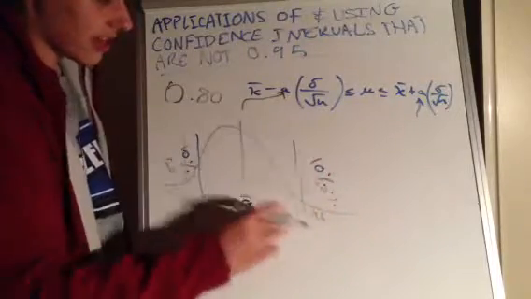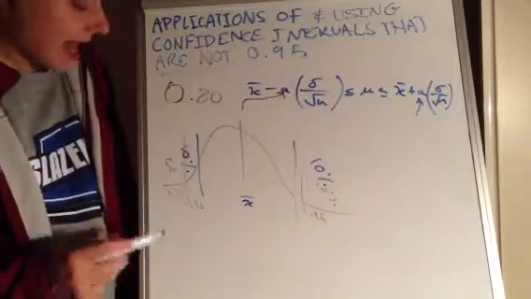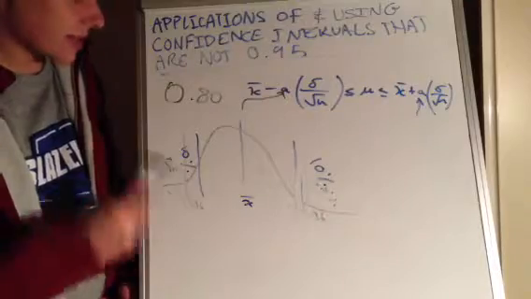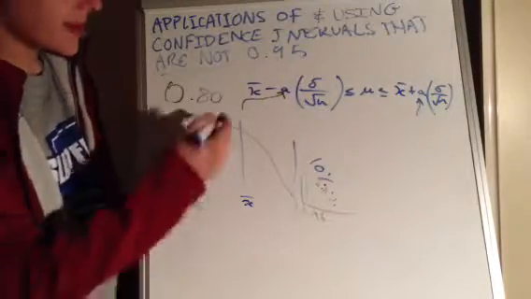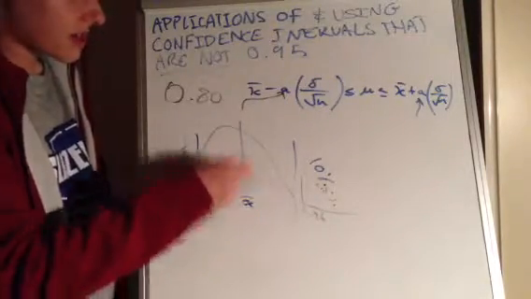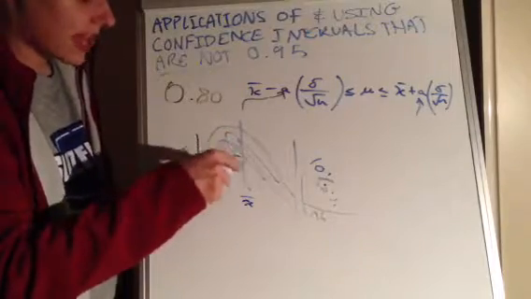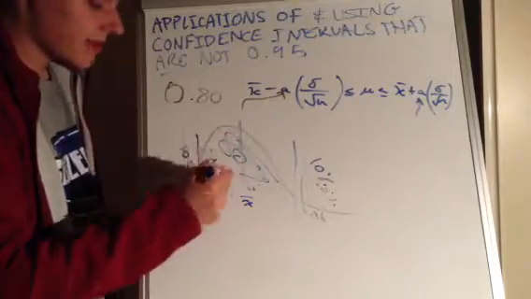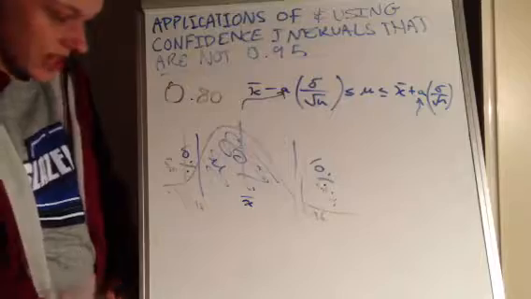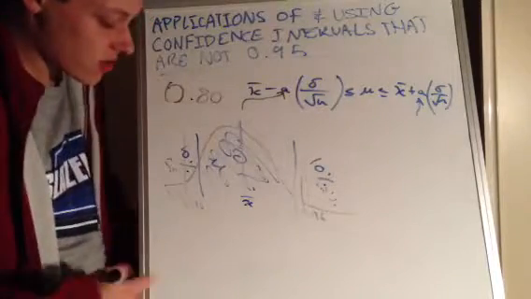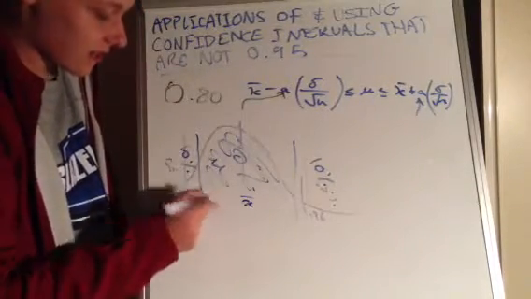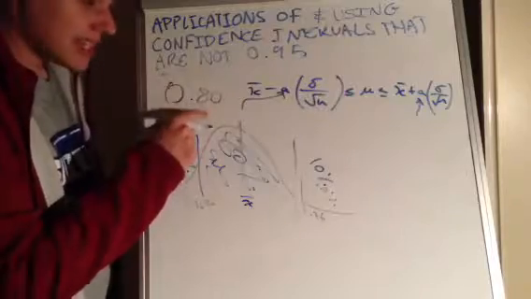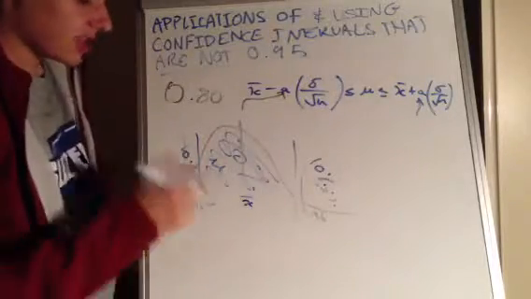Obviously not drawn to scale. And because we have 10% on either side, again because it's symmetrical, and the population mean falls somewhere in this range 80% of the time, if we need the z value, the area under the curve is not going to be 20, which is left over, it's actually just going to be